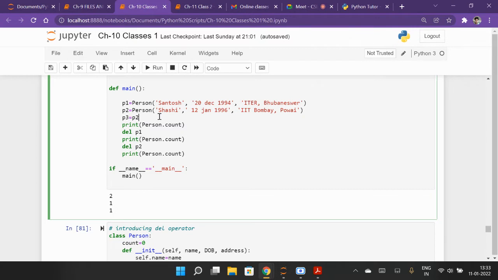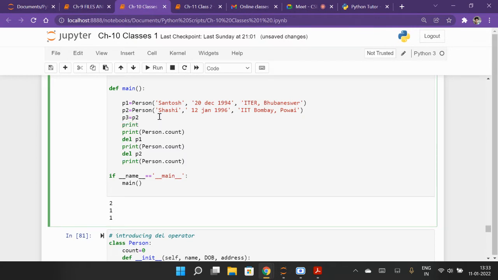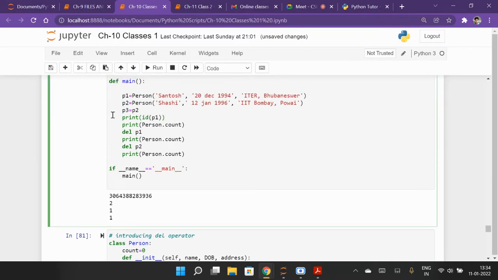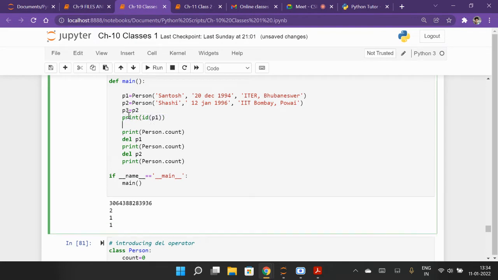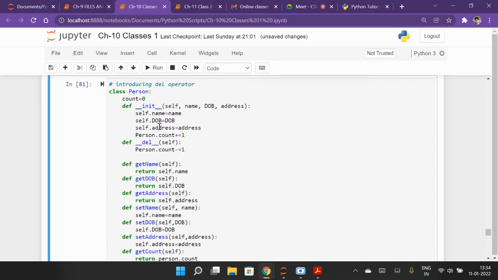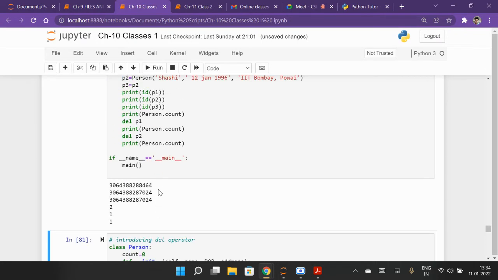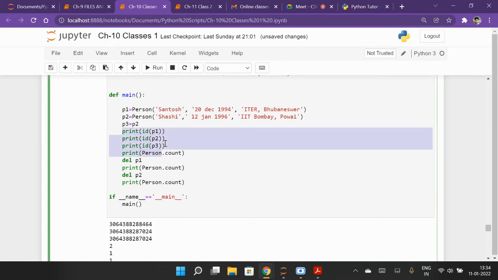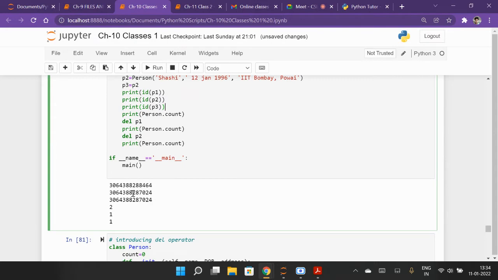So if I print the ID of P1, P2, P3 at this point, P2 and P3 have the same ID.